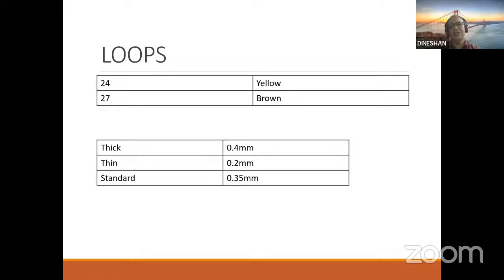Thin loops are always preferred when you need a sharp, precise cut, usually in bladder resections, tumor resections, and especially near the apex. If you want to resect near the apex of the prostate also, a thin loop is always preferred. Thick loops are preferred when you want to resect a large adenoma. But these are all theoretical, but you must know all these things.